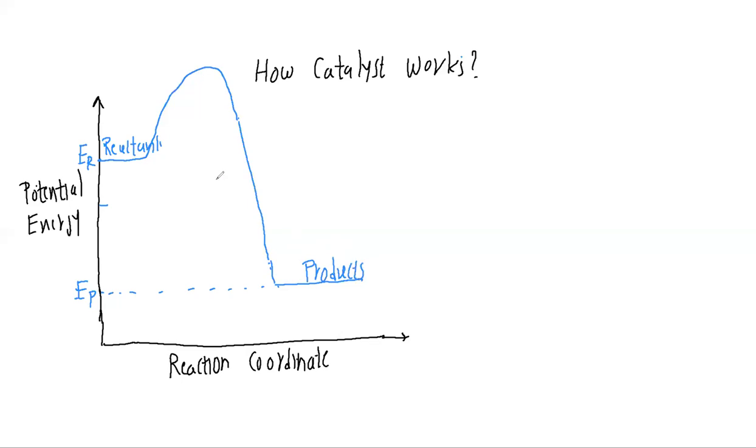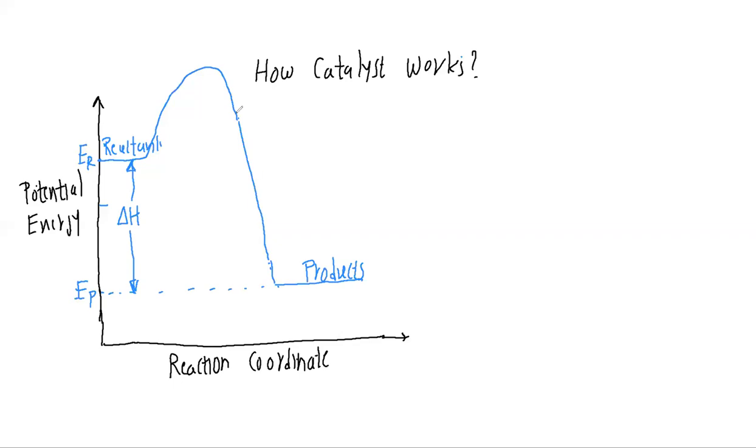You people are smart enough to understand that the energy of the product is lower than energy of the reactants. So we know it means that it is the exothermic reaction. And we have studied in energetics, this is called basically enthalpy of reaction, and which is clearly negative. Anyway. Now, what is interesting?